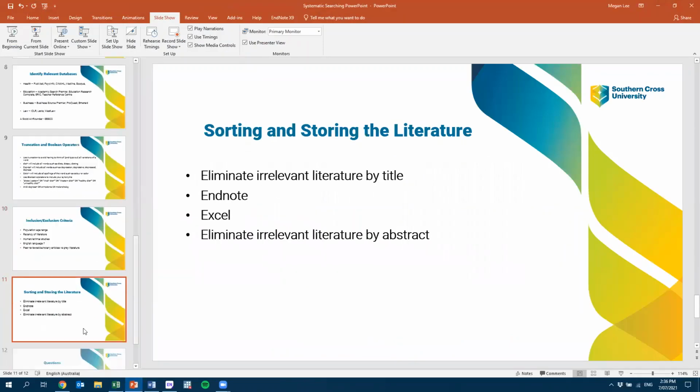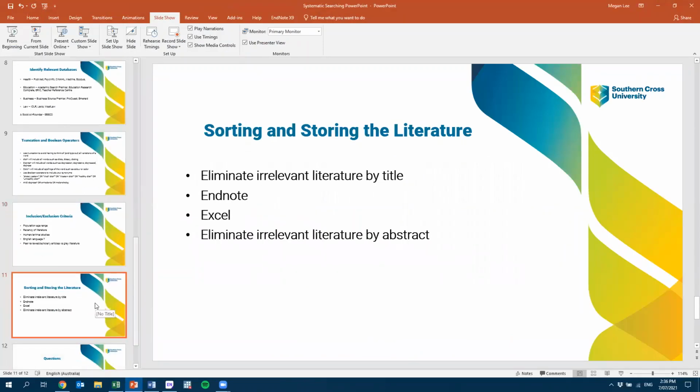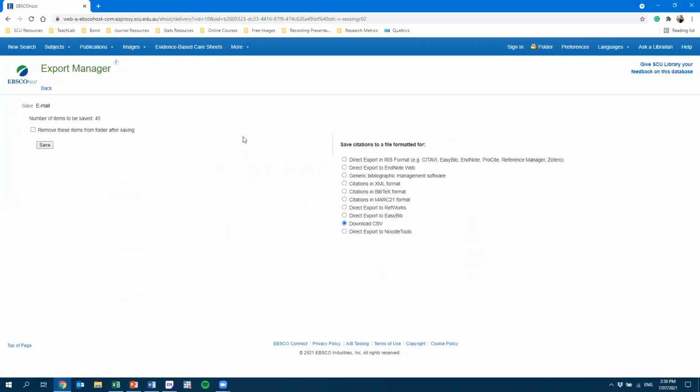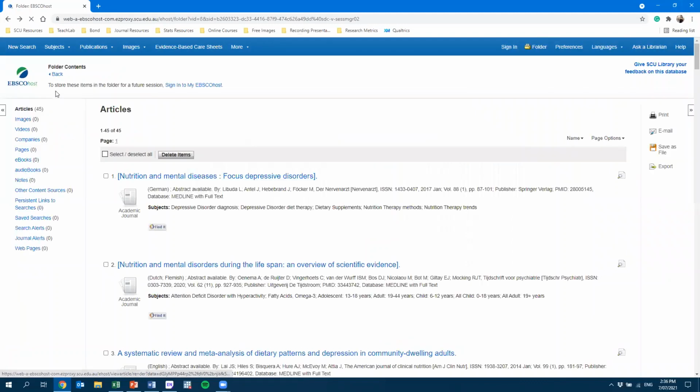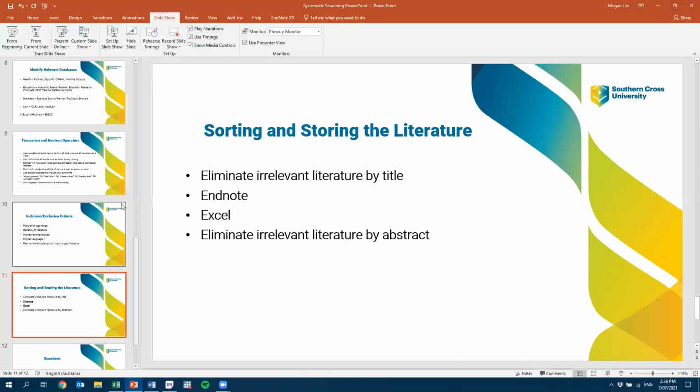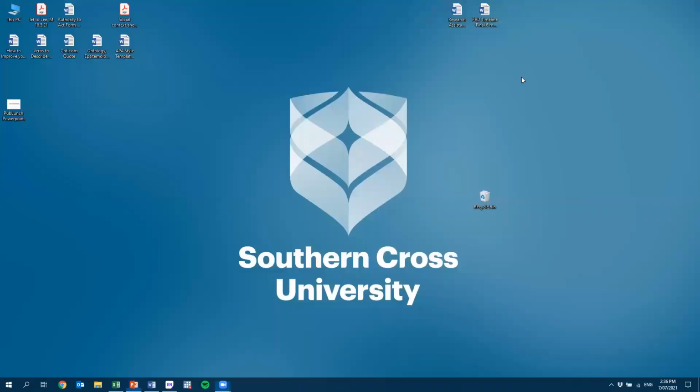So what we're going to do now is we're going to go all the way back to the database search, and I'm going to get you to run your searches through the database using the criteria that we just went through, and we'll see if you have any questions about what your keywords